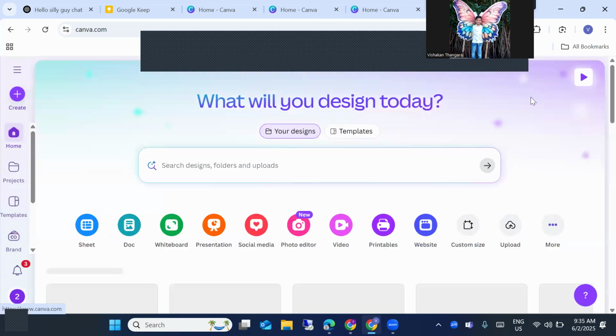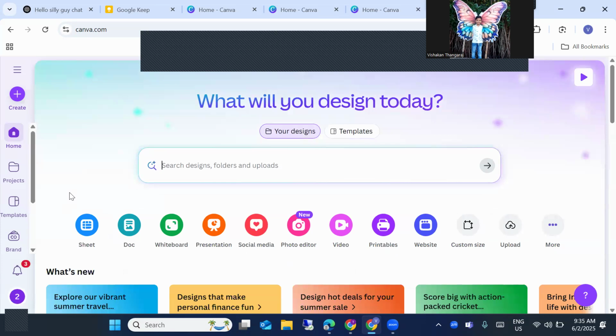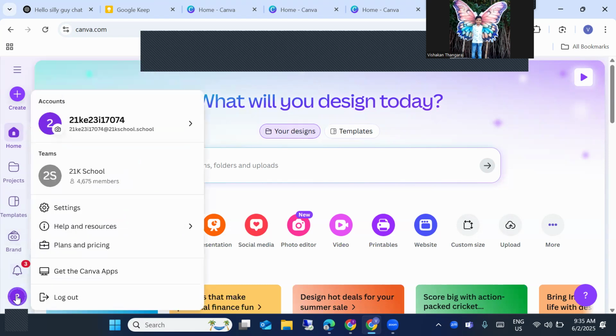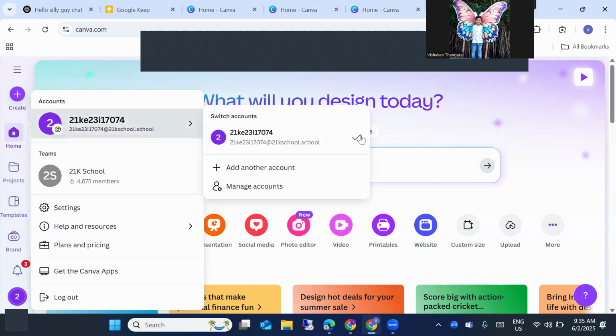So here it's very efficient, but you can only make the website if you are on a personal account. If you are on an educational or on a business account, it won't work. But I am going to show how to. If you don't have a personal account, you don't need to worry because you can just add another account,